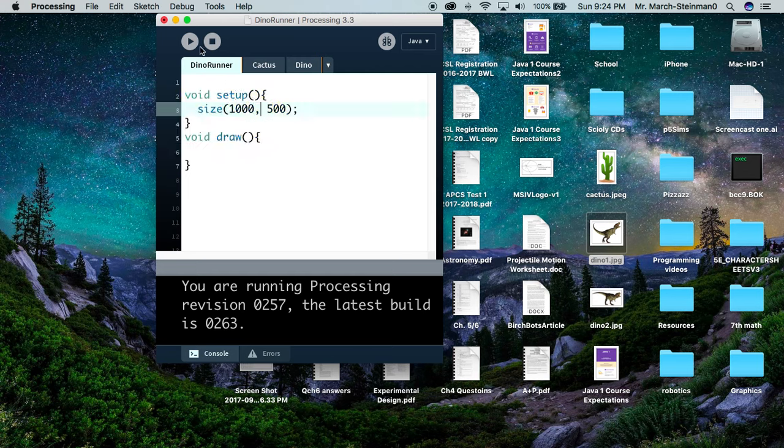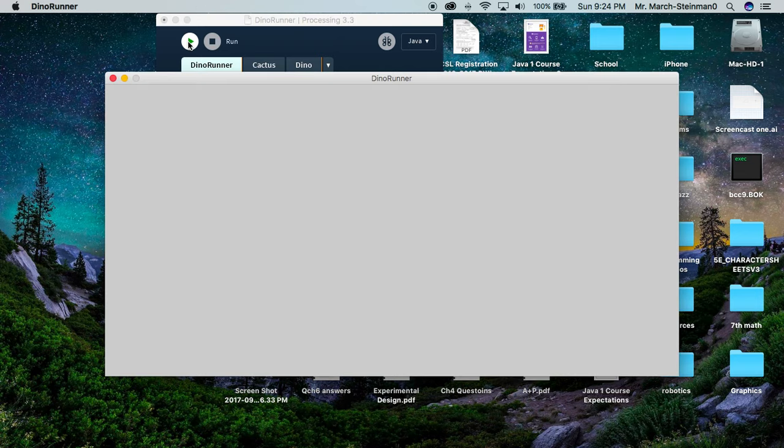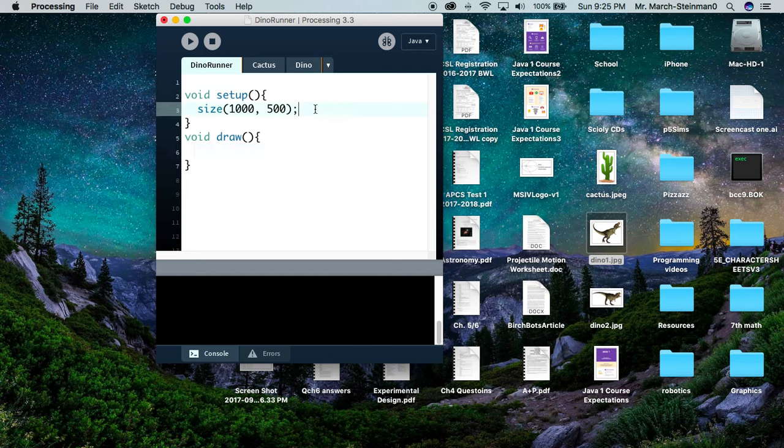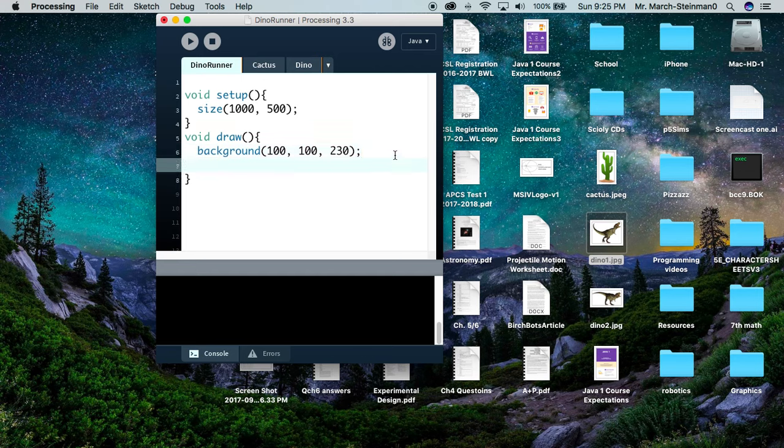Now my canvas is going to be 1000 by 500, which means it's 1000 long and 500 tall. I'm going to start by doing a background of, let's say, some sort of blue there. That's a nice little sky. And then I'm going to draw a rectangle which represents the ground